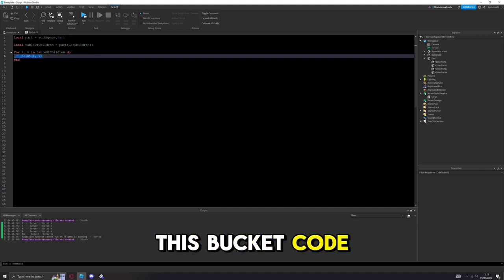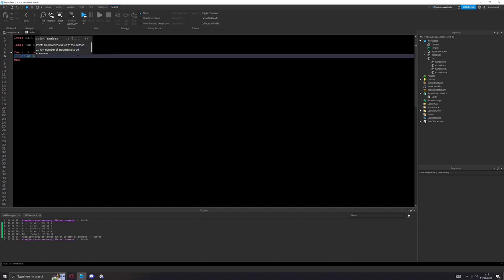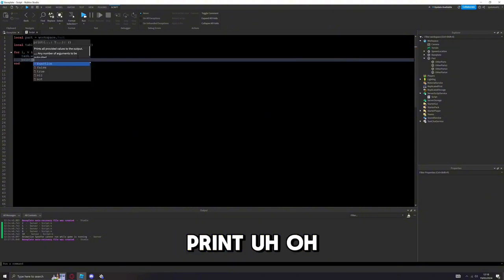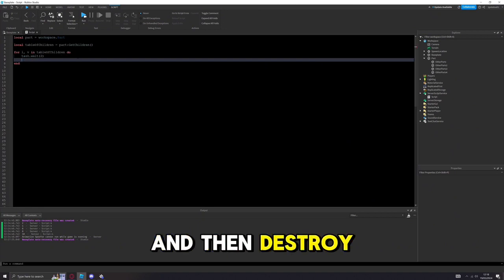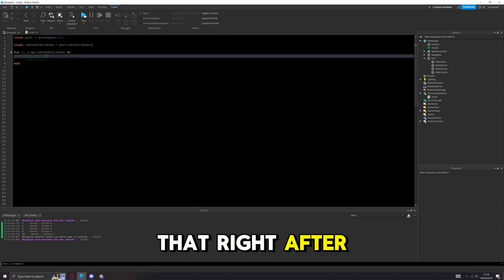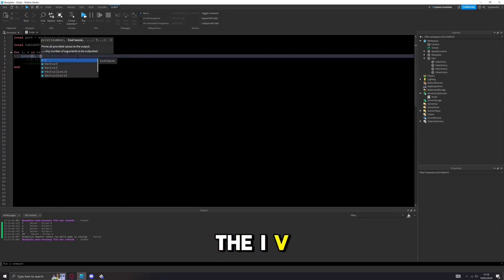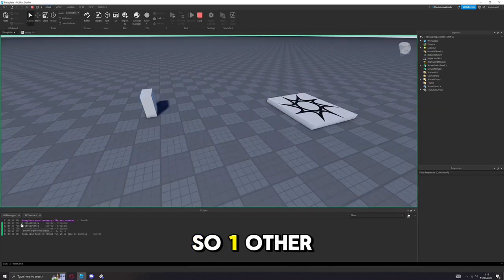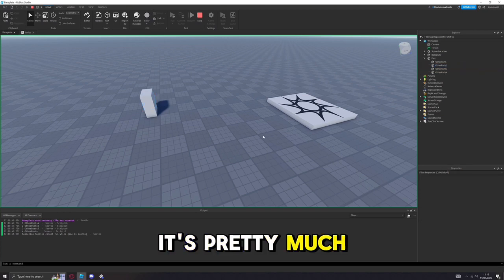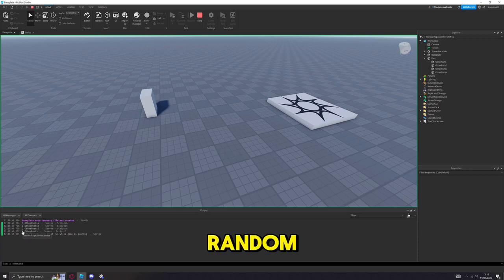Now remember, in this block of code you can do anything, right? You can make it wait 2 seconds and then print and then destroy the part if you want. And I'll show you it doing that right after I just print i, v first. So 1 other part 4, 2 other part 3, 3 other part 2. It's pretty much just chosen the indexes like at random,